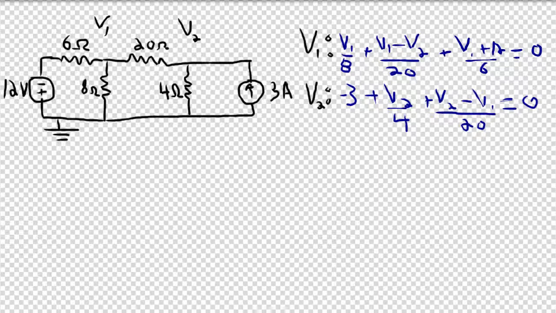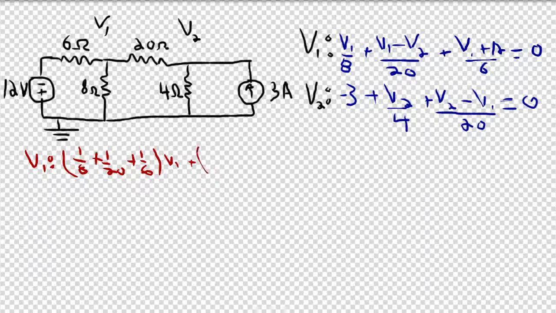Also, it's easier to find a computer that can do matrix calculations than it is to find a computer that can solve systems of equations for you. So, I'll show you the transition step, I guess. So for V1, we have 1/8 plus a 20th plus a 1/6 of V1